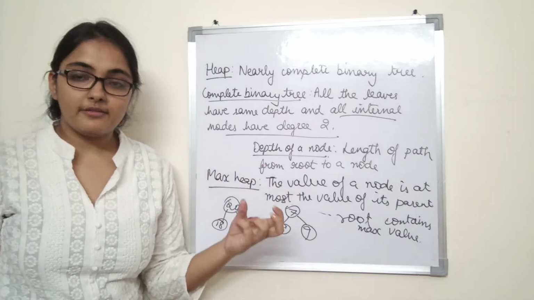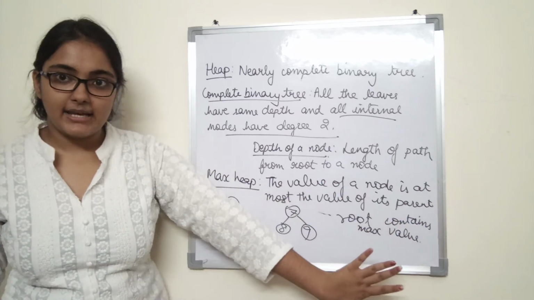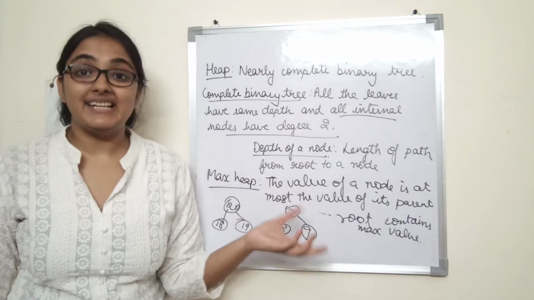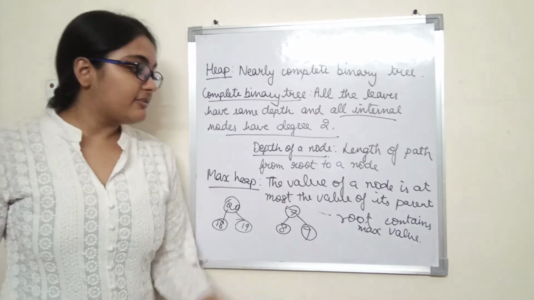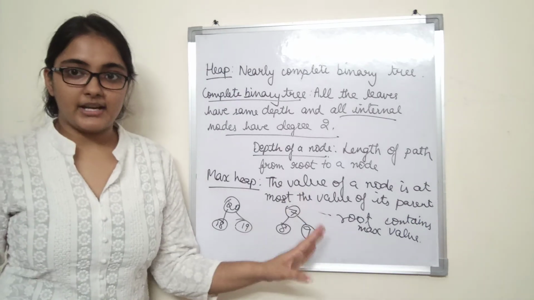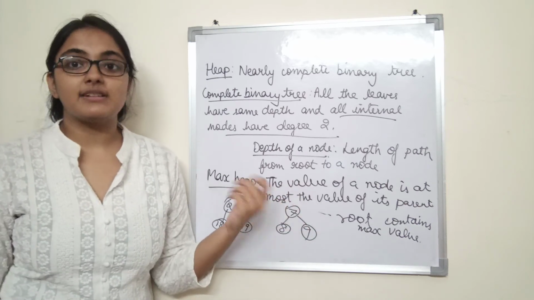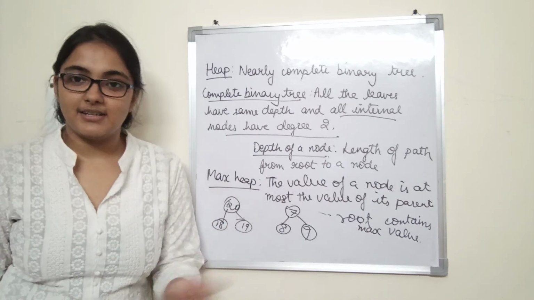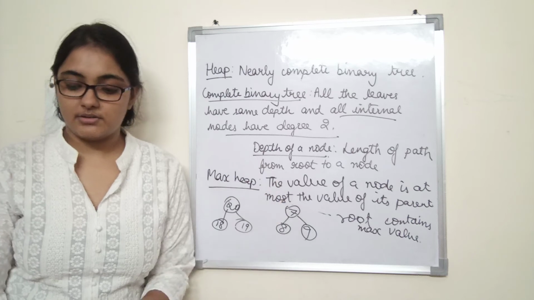In case of heap sort, we will use max heap. So we will be looking in more detail at max heaps, and min heaps we'll see later, or maybe we will not look at them in that much depth or detail, but we'll look at max heap in much more depth and detail. As we go further in the lectures and the examples, it will be more and more clear. What is a max heap, what is a nearly complete binary tree, how we implement it using an array, and so much more.